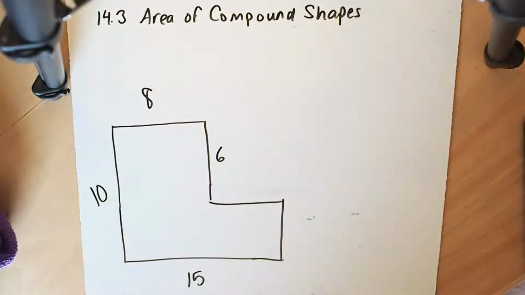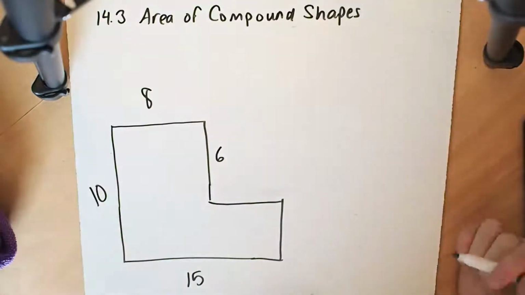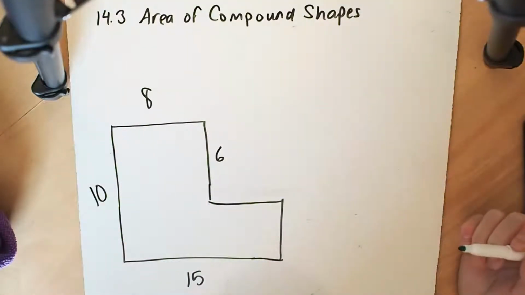In today's lesson, we're going to be talking about the area of compound shapes. The shapes we're going to be using are rectangles and triangles. A compound shape is a shape that's made out of two different shapes. If we look at this particular shape here, we see that there are two ways to split it into different